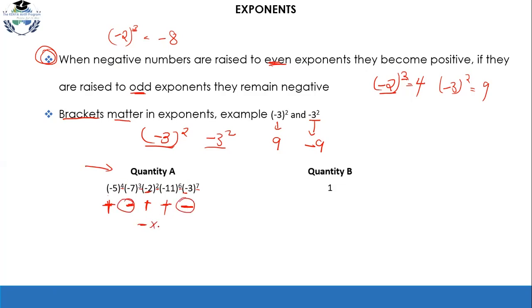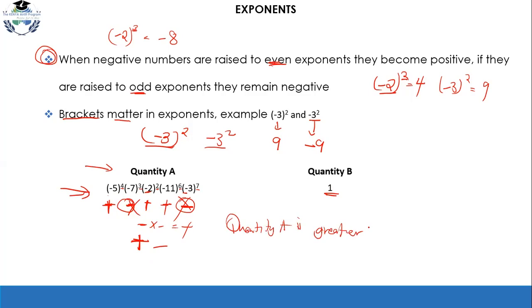So negative times negative is equal to positive. So these negatives are going to cancel themselves out. Whatever answer you're going to have here is going to be a positive number, and it's obviously going to be a very big number. So this number here is going to be greater than 1 either way. So very quickly you can say quantity A is